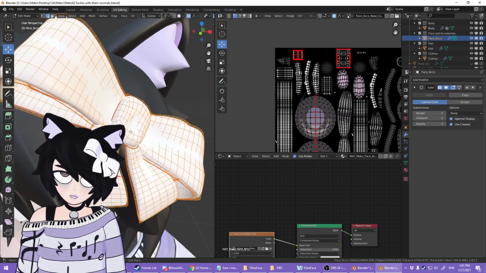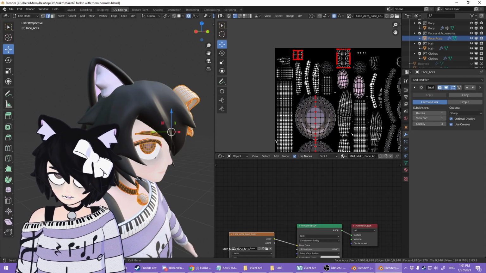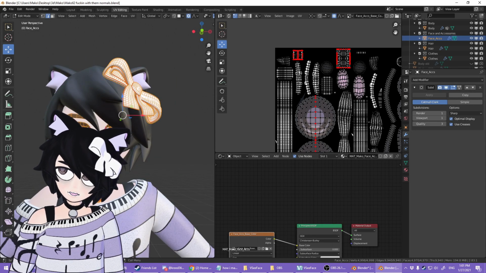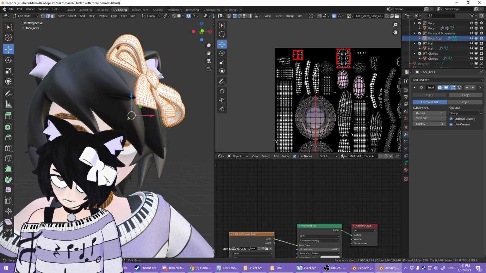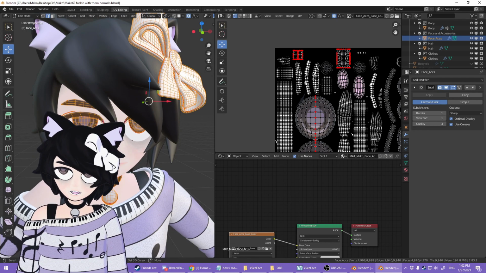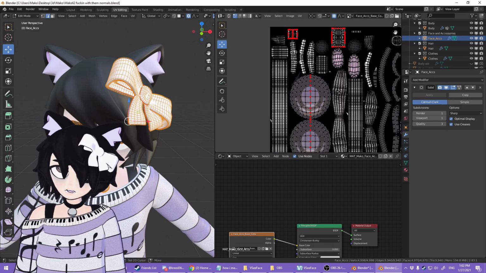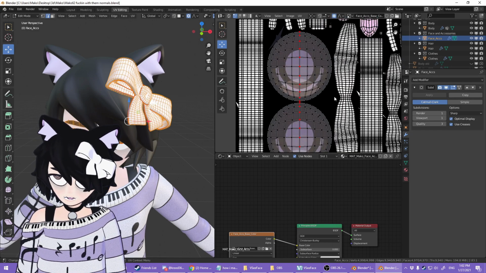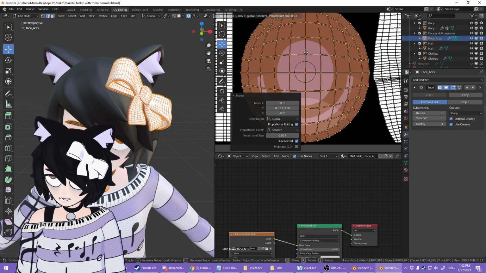Well, this bow isn't symmetrical, so I wouldn't have been able to apply a mirror modifier to this whole object. In that case, I think what I would have done was, well, there's a couple things. I could have maybe had this bow be a separate object while initially unwrapping. Then I could have had everything mirrored properly and then merged the bow into it and added its unwrap area to everything else. Or I could have just grabbed this and slid it into the exact same location as that.